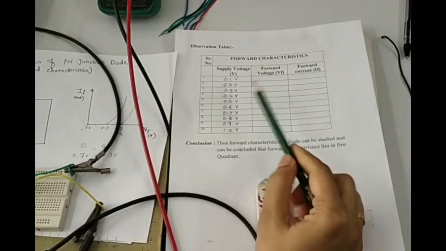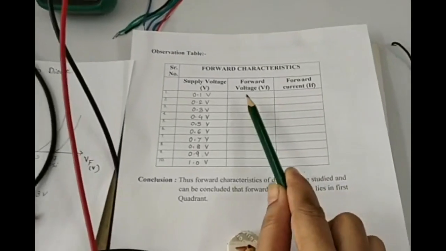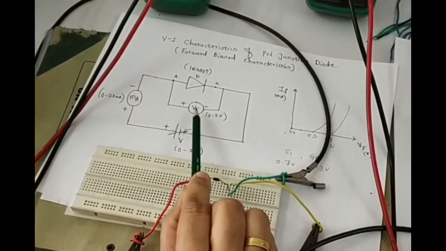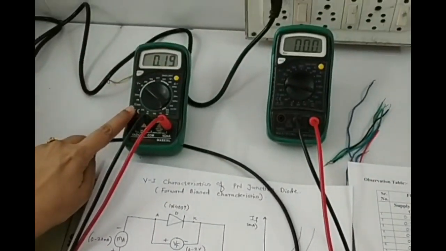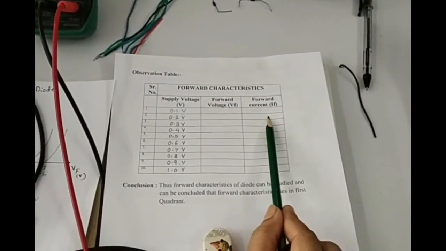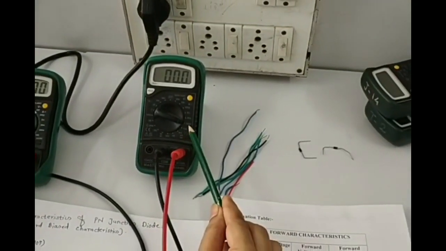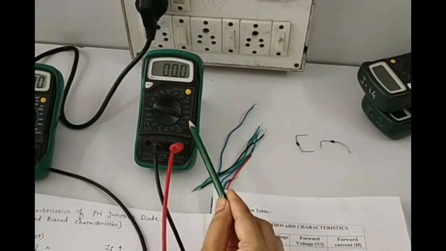After applying these various inputs, we are going to have the forward voltage across this forward voltage meter, that is nothing but your DMM, for observation of the forward voltage, and the forward current which we are going to observe on this DMM